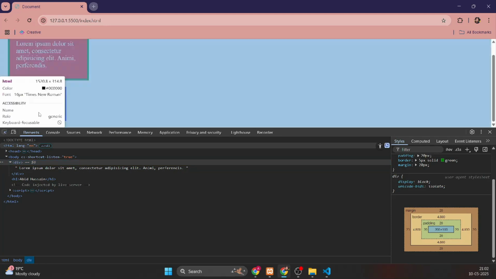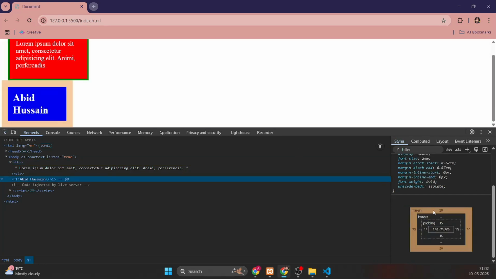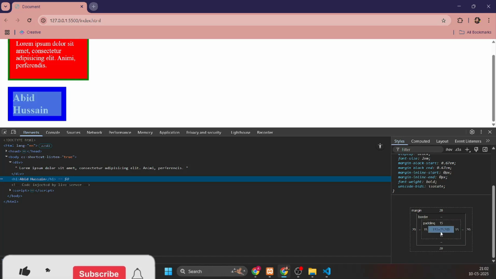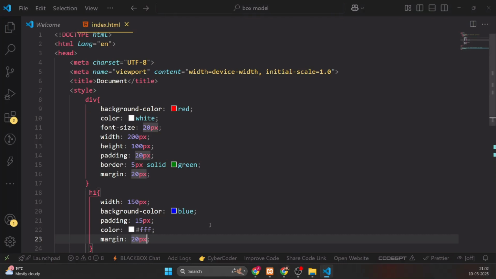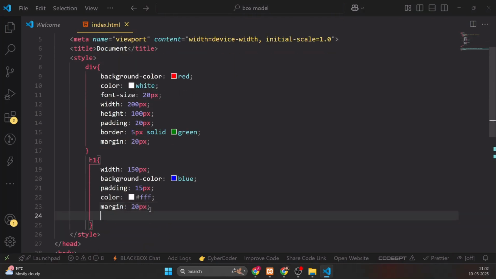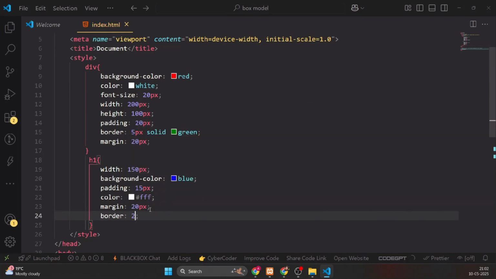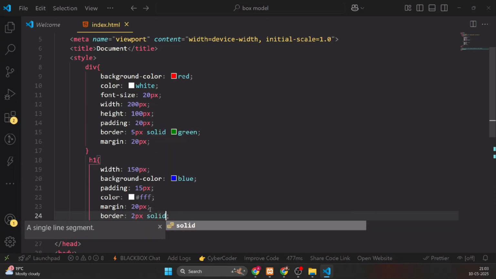You can see now I will inspect this one. You can see margin is 20 pixel and border, we didn't apply a border to it, but border is available, but border has no value. And there is padding 15 pixel and also content which width is 150 pixel and height is default, that is 75 point something. So if you apply border also, you can see border here, suppose 2 pixel solid,